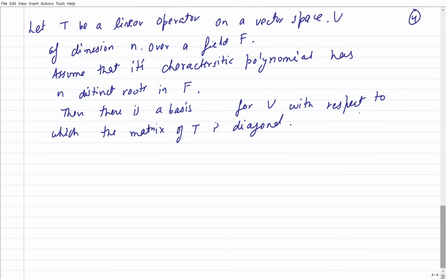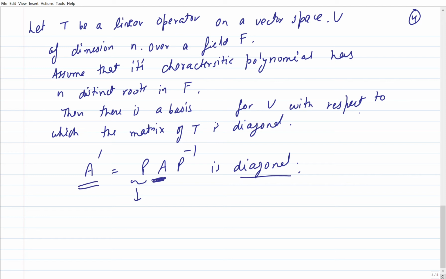So there's a corollary. The corollary says that A prime equals P inverse A P. This was the original matrix, and P and P inverse are invertible matrices. A prime is diagonal, because any change of basis, starting from some basis over here and getting the basis to be the eigenvectors, involves this sort of a transformation, hitting it with P and P inverse. We saw that. So that is it. And what is this P? Well, this P has to be certainly related to the eigenvectors,